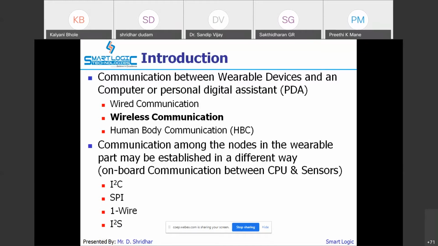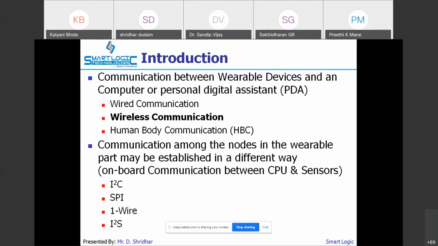Then another set of communication protocols we need whenever we want to communicate with a computer, or your mobile phone, smartphones, or the PDAs, or sometimes we need to connect to the cloud. At that time we need to use either wired communication, wireless communication, or human body communication. Wireless communication is more preferably used, because there is no need to connect to the device, since the device is always going to be with the consumer or the user.